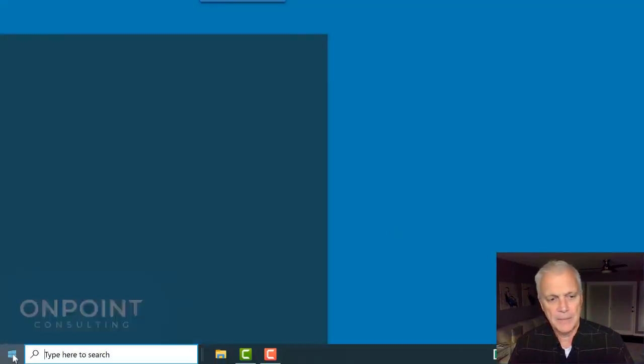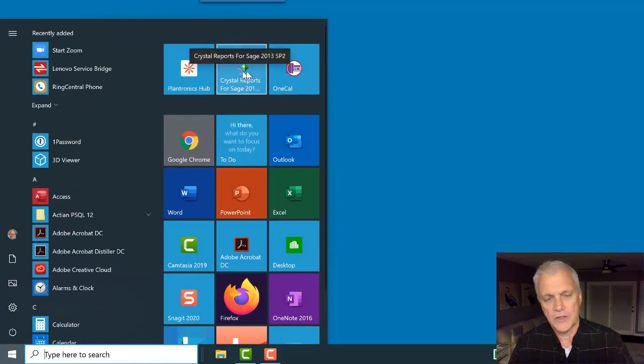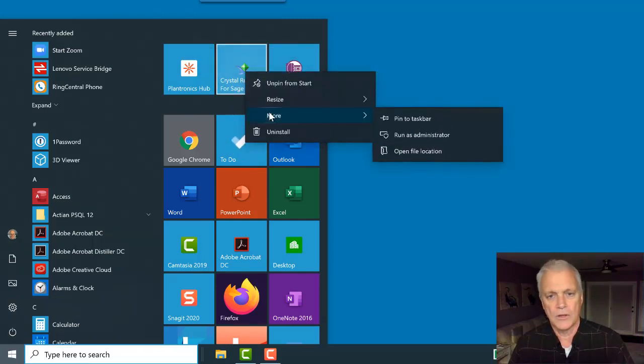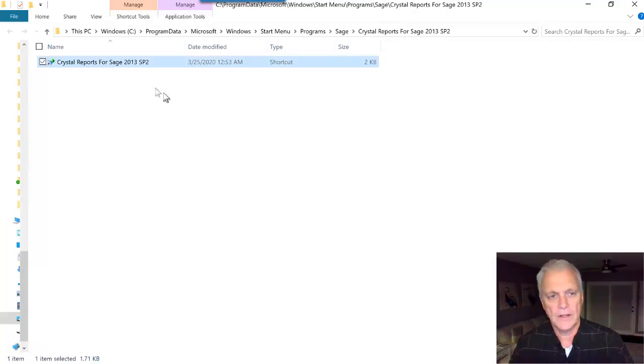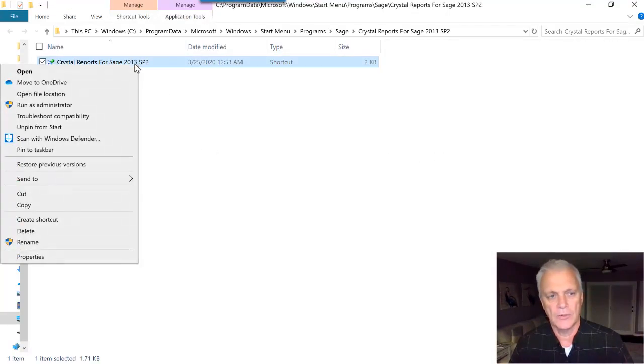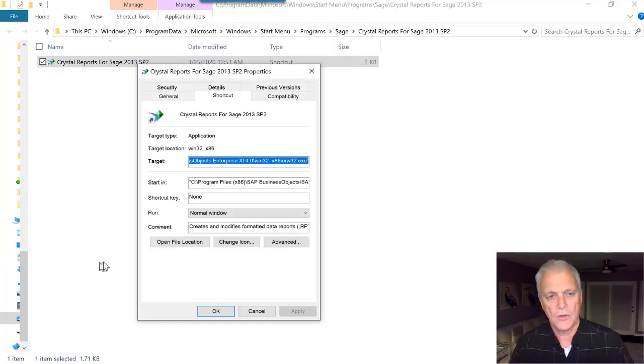I'm going to pop over and find Crystal on my start menu, or I could find it on my Windows search. I'm going to right click and go to more and go to open file location, and then right click on the Crystal executable and go down to properties. So find Crystal Reports, go to file location, right click, go to properties,